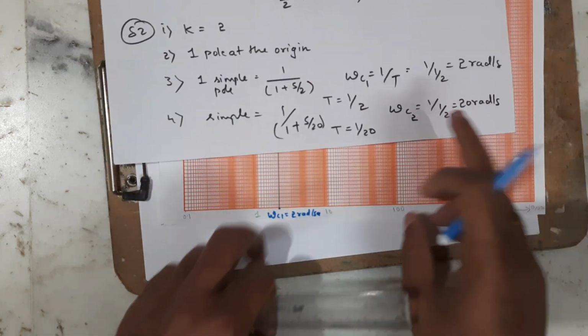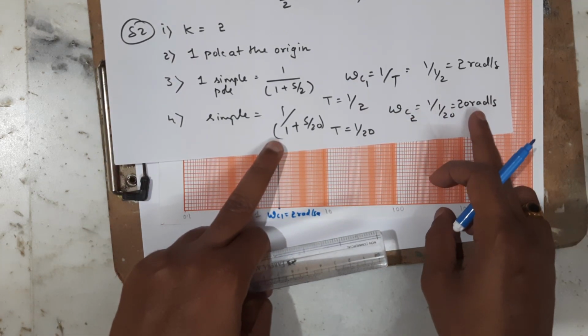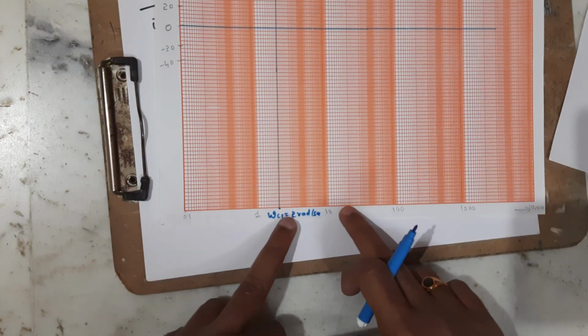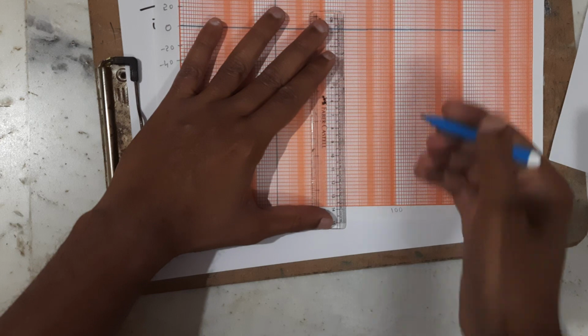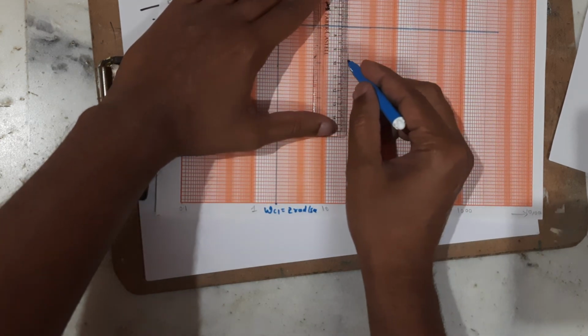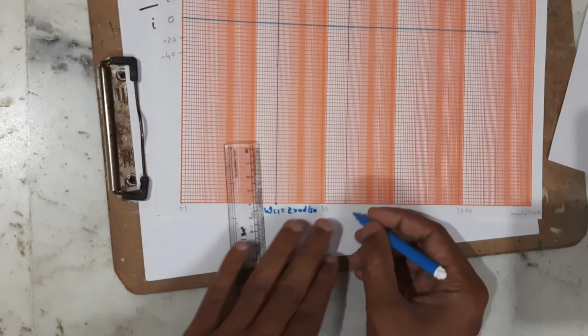Next, what is omega C2? That is equal to 20 radians per second. I am going to represent it here: this is 10 and this one is 20. I am going to draw upwards. This is omega C2,